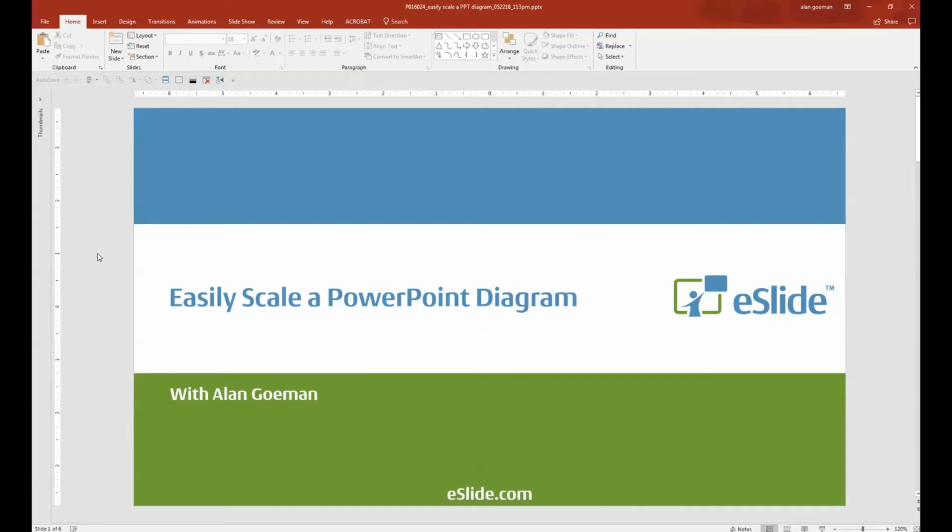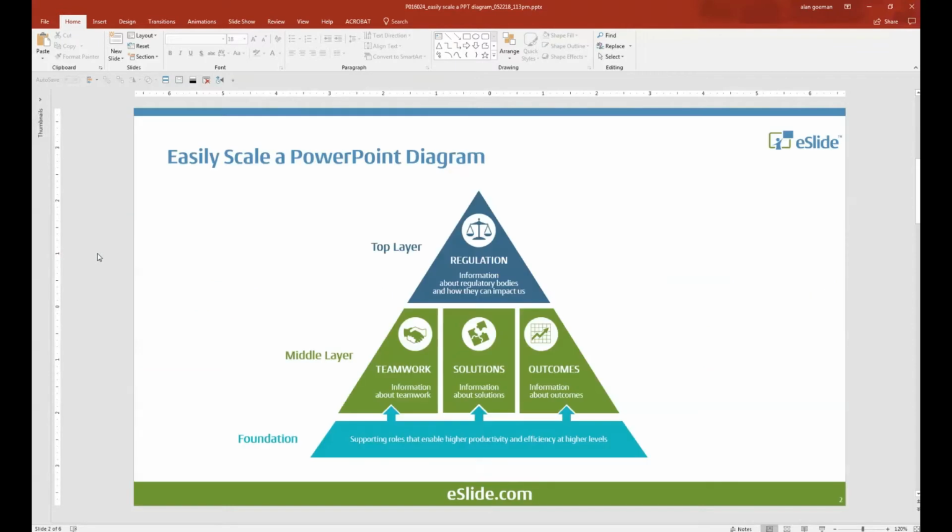I'd like to show you a great PowerPoint tip that will help you save time while you're making slides. This is eSlide's trick for easily scaling a PowerPoint diagram. We use this all the time here at eSlide. It's one of the ways that we help our clients meet the urgent deadlines that always seem to be a